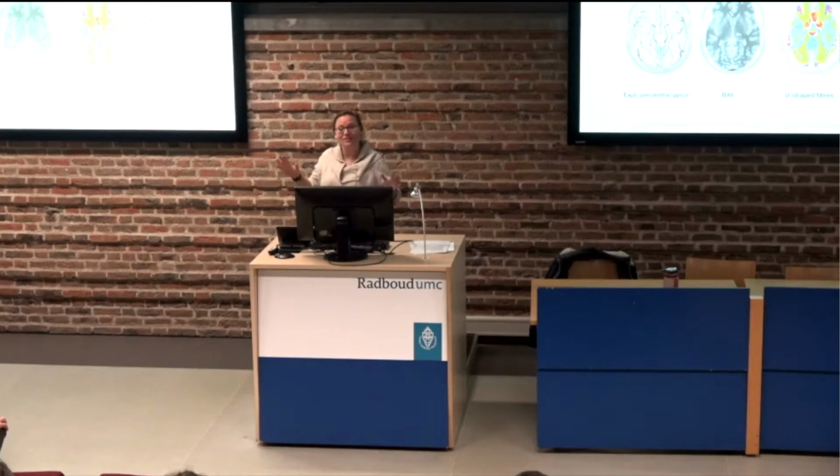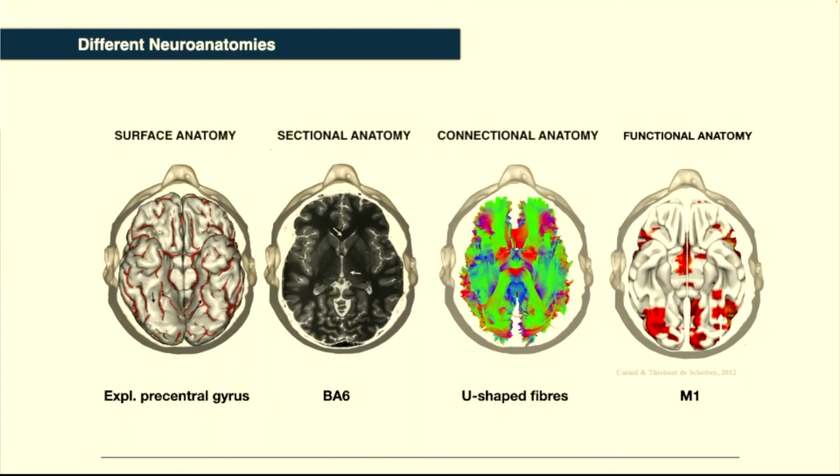So let's make sure we're all on the same page before we get started. The images I'm showing you here are probably nothing new to you visually, but the concept I want to reiterate is that there's not just one type of anatomy, but different types of anatomy. We have surface anatomy, where you look at the gyri and the sulci of the brain, so the surface. We have sectional anatomy, where you slice through the brain. You can look at subcortical structures, the white and the grey differentiation, and the deep brain nuclei. We have connectional anatomy, looking at the white matter connections that connect the different parts of the cortex and the nuclei within the brain. And then we have functional anatomy, which is when someone goes in an MRI scanner, does some tasks, and you get the